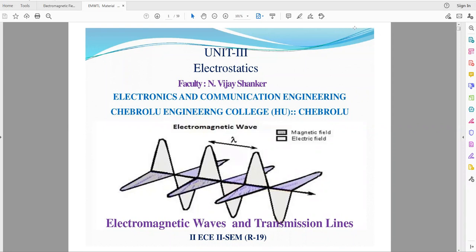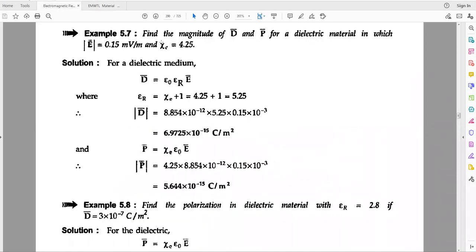Today, we are going to discuss the examples in electrostatics, that is the third unit. Find the magnitude of D bar and P bar for a dielectric material, in which the magnitude of electric field is given as 0.15 millivolt per meter, and the susceptibility chi e is also given. Chi e is equal to